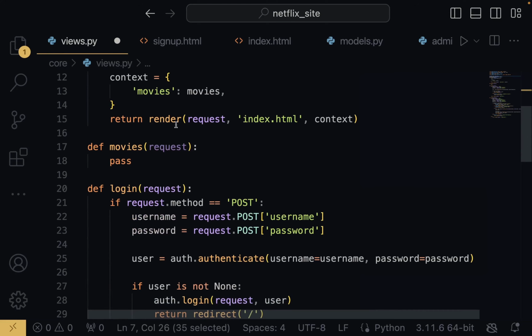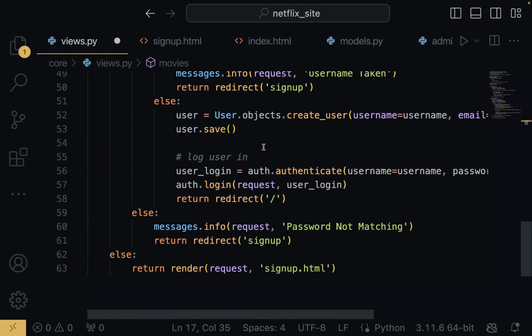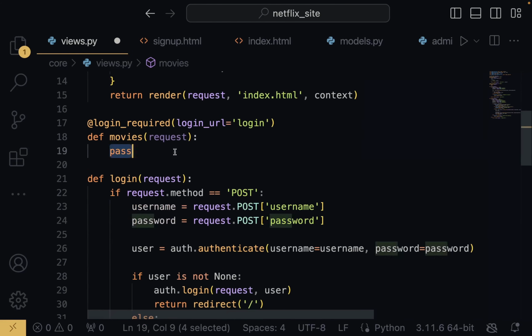We don't want just any user to watch a movie, we want only logged in users. Good. Now for these movies, because we have pk being passed in here, we can get that particular movie and then display it. So I'm going to collect pk